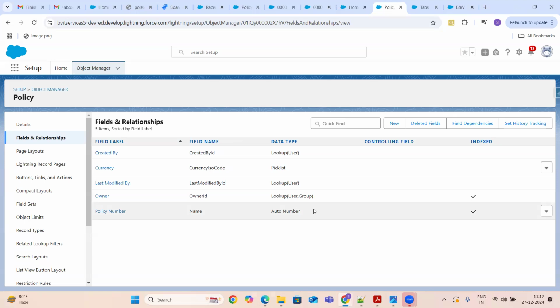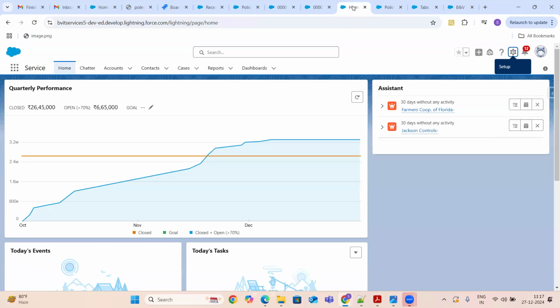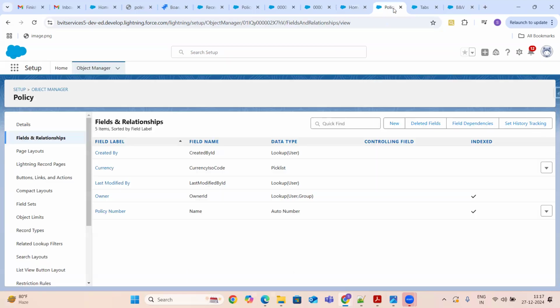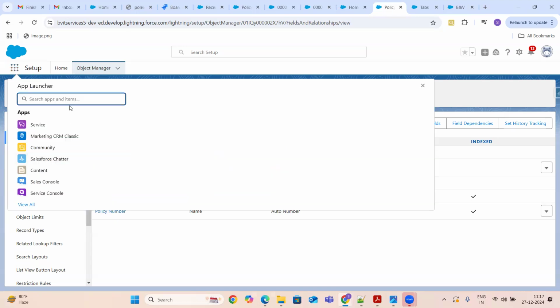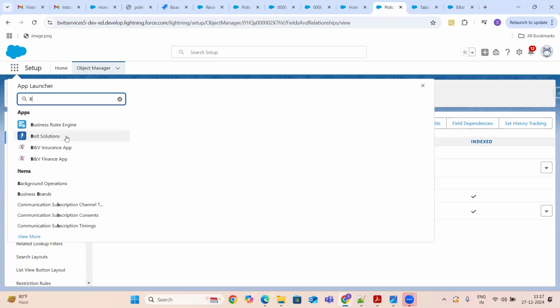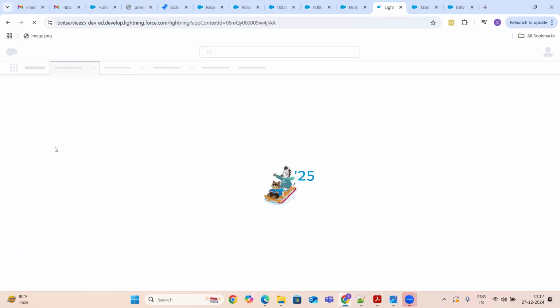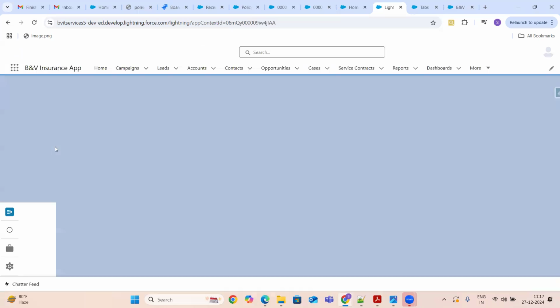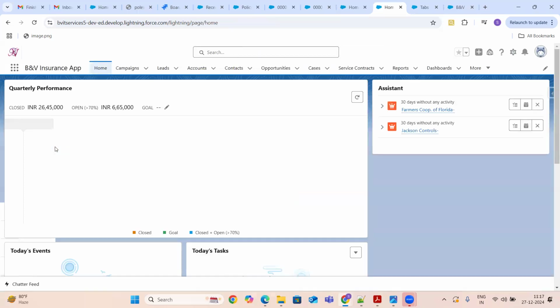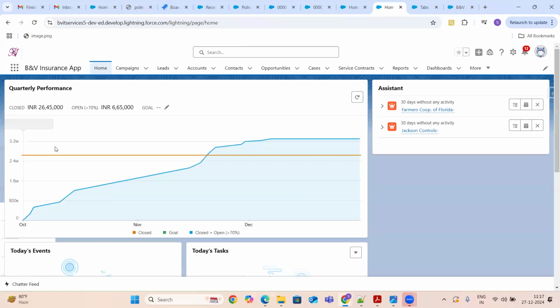So as part of today's class, we have created a custom application with the name B&B insurance app. And then we have created a custom object of policies. This is how you will create your own objects, guys.